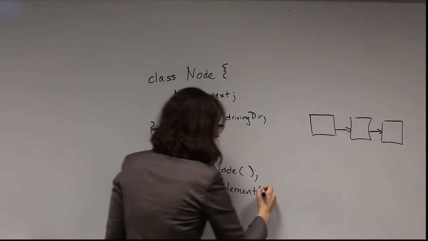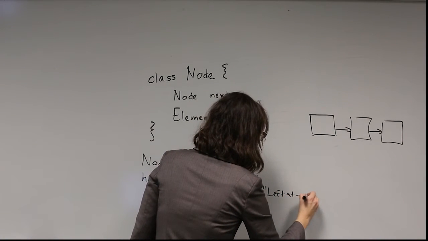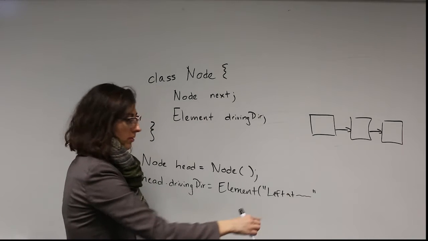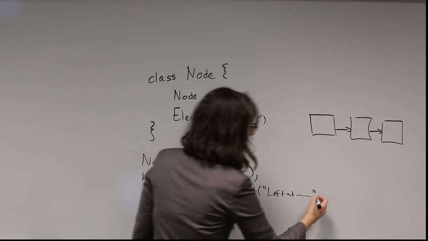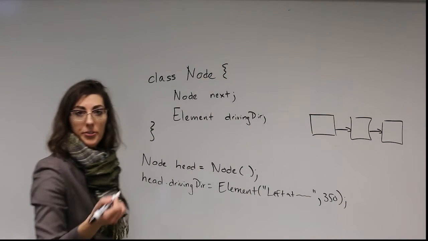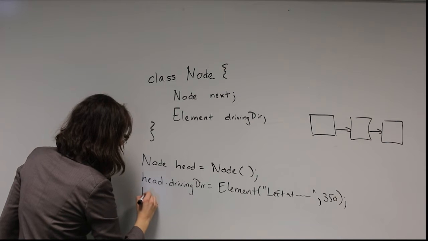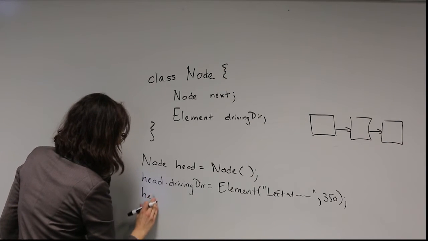And let's say this element will store the direction. I'm not writing it all out to save space. And maybe in how many feet we'll make that turn. I set the driving direction, and since my linked list here only has size of 1,